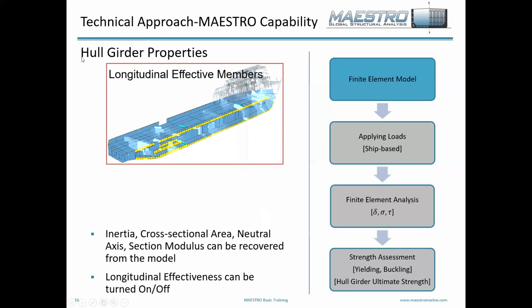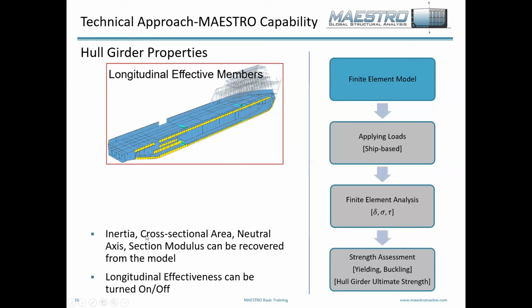Maestro also has the ability to illustrate the hull girder properties graphically. Looking at this model, you can see which elements are longitudinally effective. That's one of the attributes of the elements. You can tell Maestro whether or not that particular element is going to be longitudinally effective. So here you can see it's displaying all of the longitudinally effective structure in here,